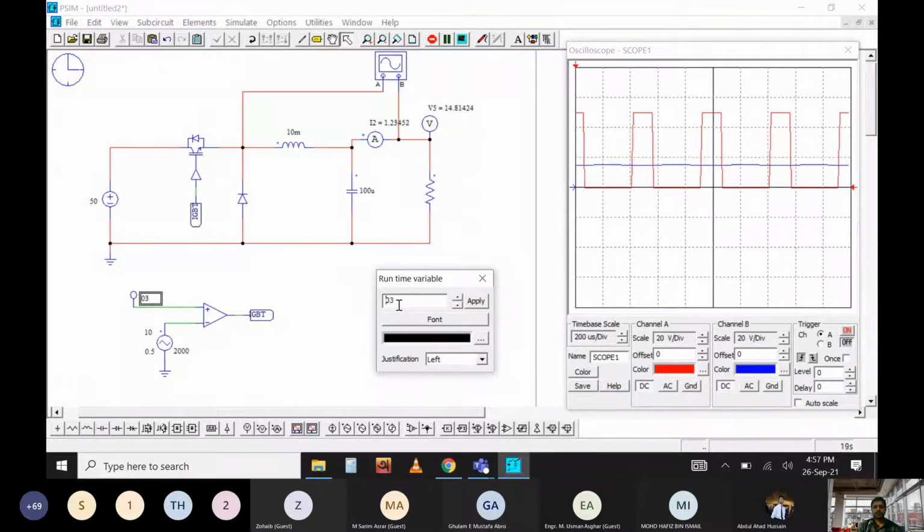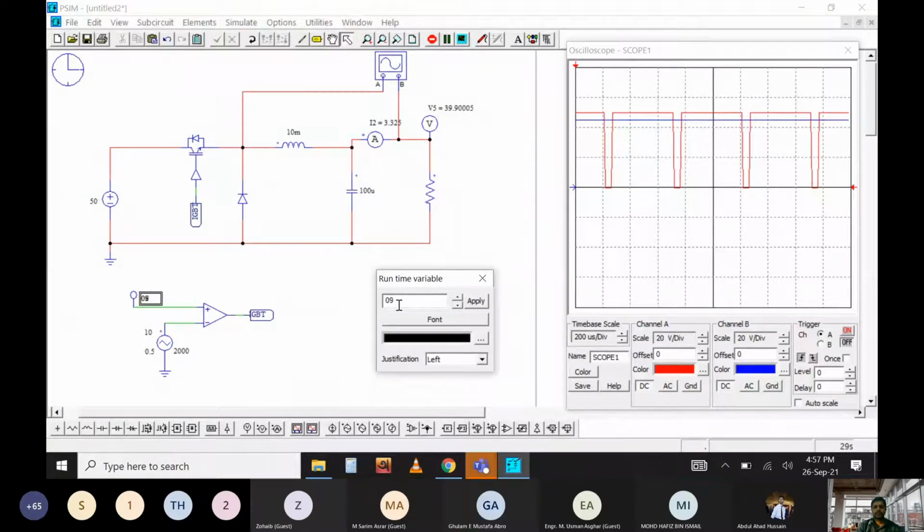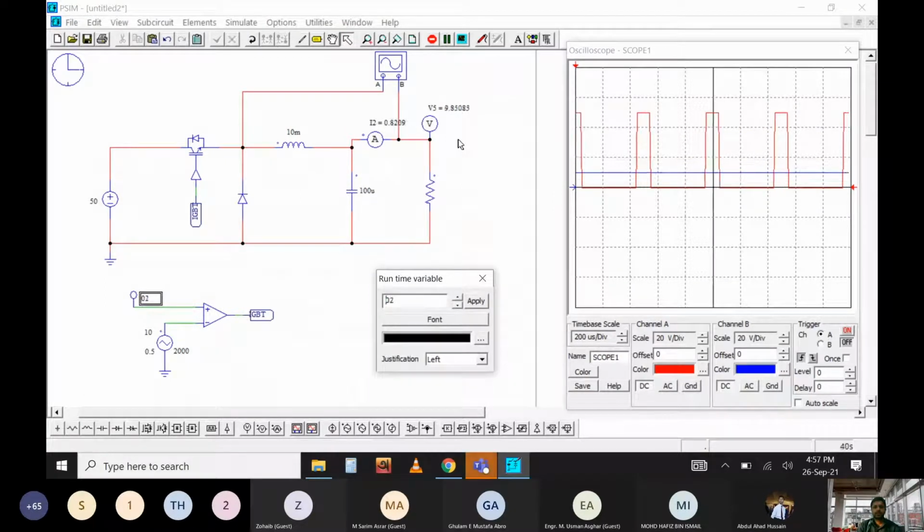So I'm just changing the duty cycle of the PWM signal and making the output as per my requirement. 0.9 means 90% duty cycle, output voltage is 45 volt. If I go down, it's going down. This is the manual one. I am changing this duty cycle manually.